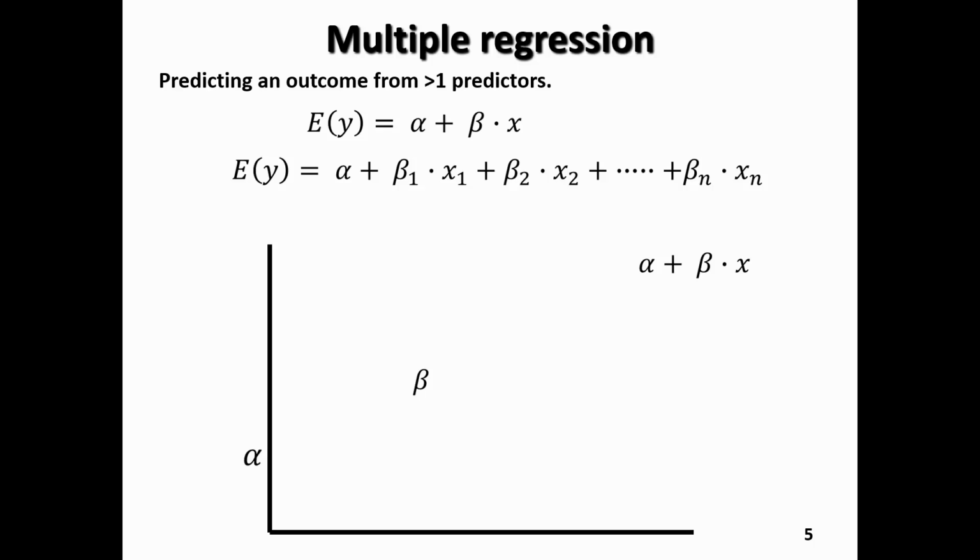Now in a multiple regression model, so this is our bivariate model, in our multiple regression model, as we see here at the bottom, we still have an alpha term. That's our y-intercept when all the x's are set to 0. But here we have more than one predictor. With each predictor, we have an associated coefficient, which is the beta term, or the slope, associated with that one predictor variable. Beta 2 is the slope, or coefficient, for the second